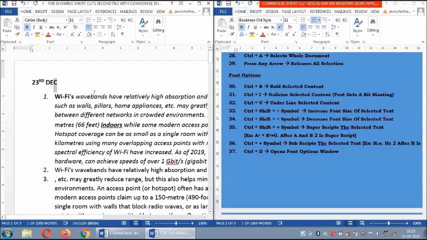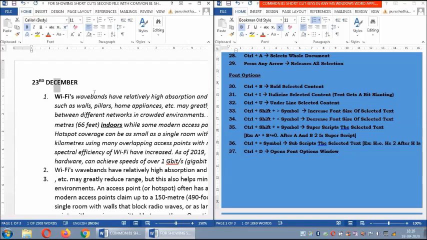I just select that C, press Control Shift equal to, and remove the selection, but still it is in superscript mode. To clear the superscript, I press Control Shift equal to again, and it is cleared. Now I write the sentence, but only that C is superscript, but I want EM to be superscript.